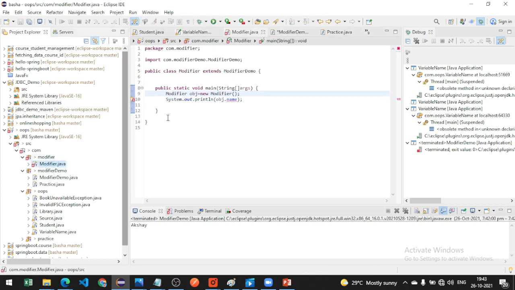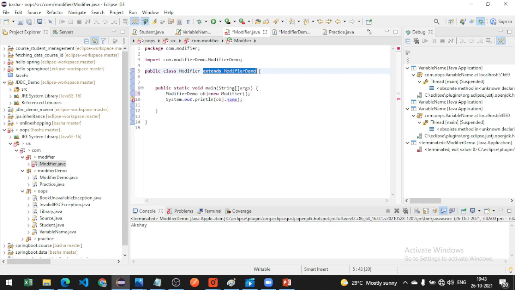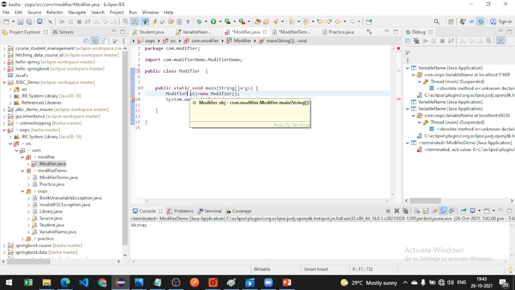Inside that I create the object for my modifier demo. I don't want to extend this.